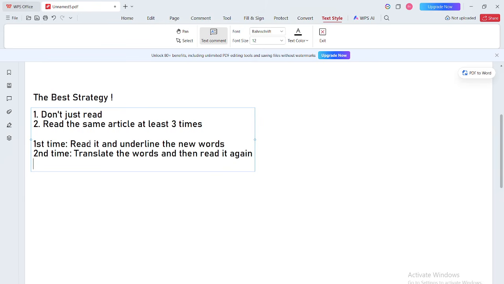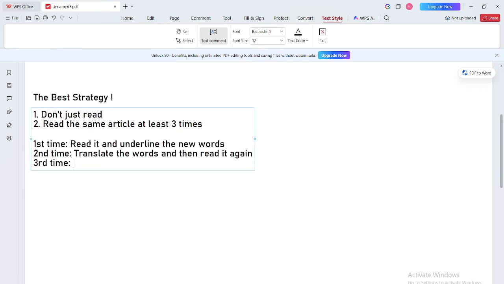Now, after you have read it the second time and translated the words, you understand a lot of things. Now it seems pretty clear to you what the main idea is, what the main thing is. It seems pretty clear what you are reading about. The words are clear. There is nothing to worry about when you have read it twice and you have understood everything, right? But there is the last time that you read, and there is a huge purpose. There is a huge thing you need to do.